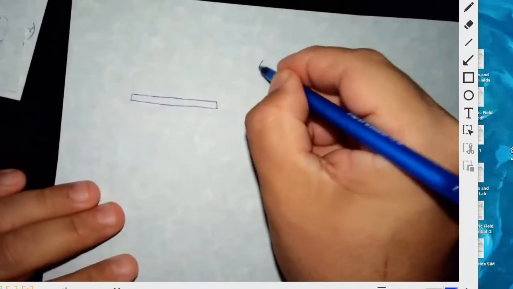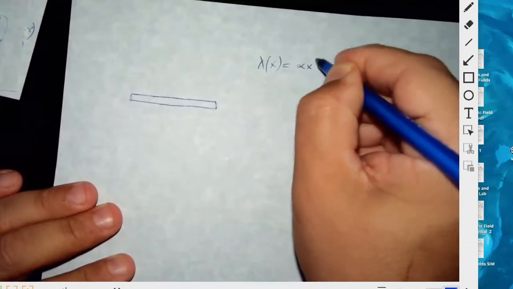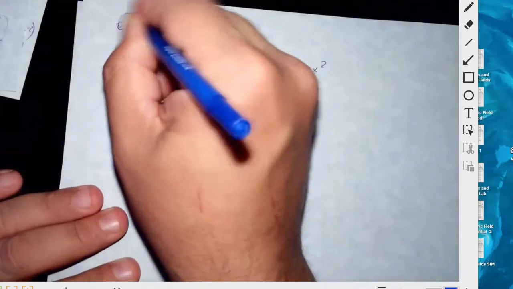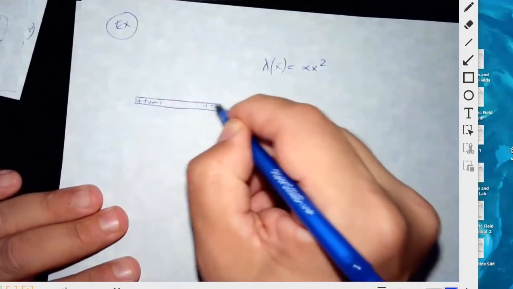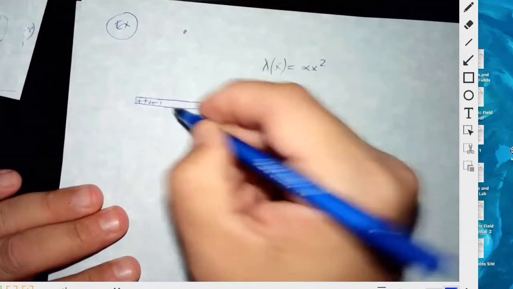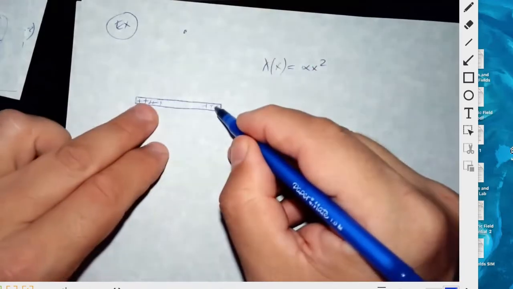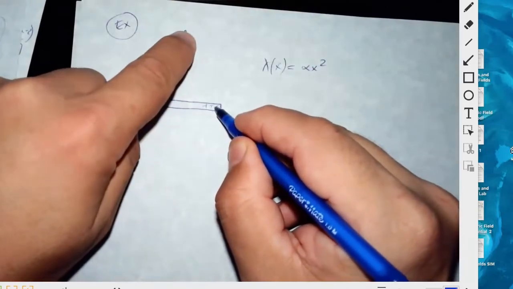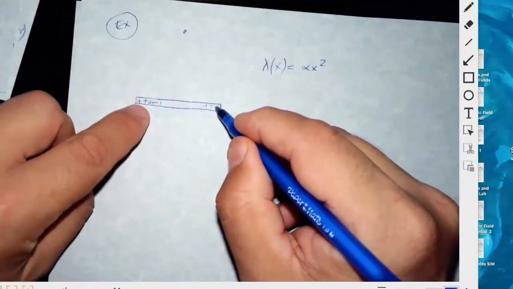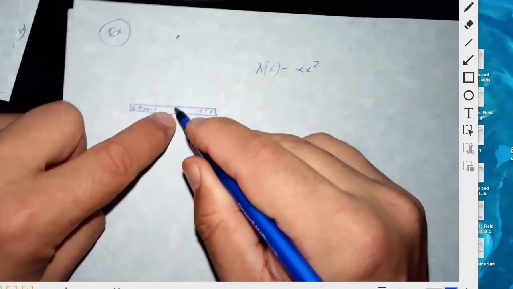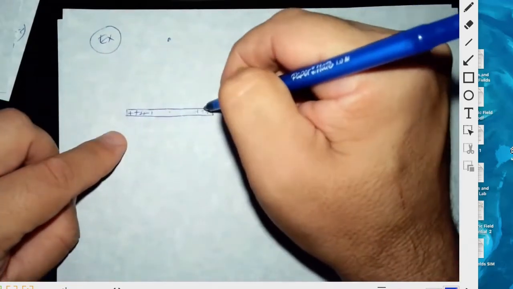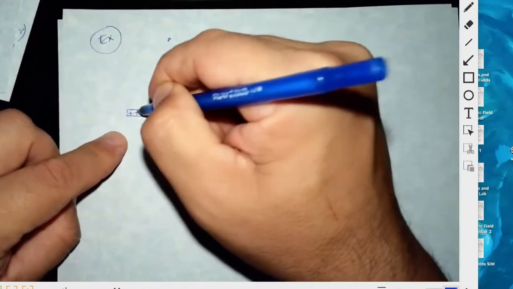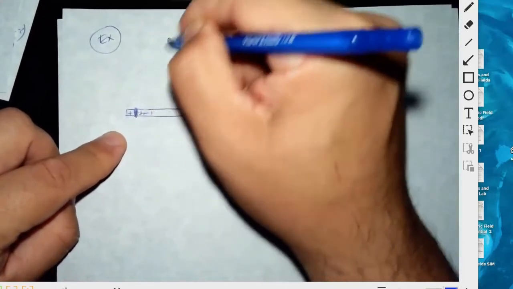Like this. So in this case, I'm assuming lambda of x is alpha x squared. And more of the charge is here, and then over here. Since more of the charge is farther away from the point, you see here and here, rather than in the middle, the electric field should be less, right? And plus, they're more angled. So if you take a piece from here and another piece from there,